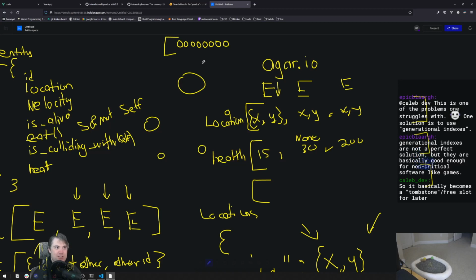So it basically becomes a tombstone, a free slot for later. Yes, kind of. So I can say, for entity 1, which represents this guy right here, location takes up this bit. It has one. So therefore, you are